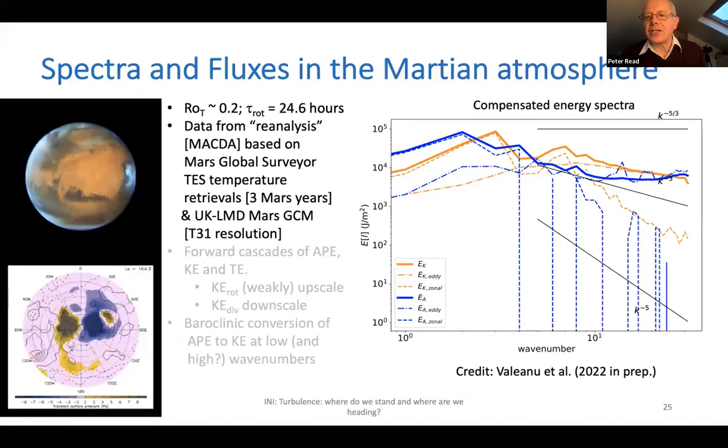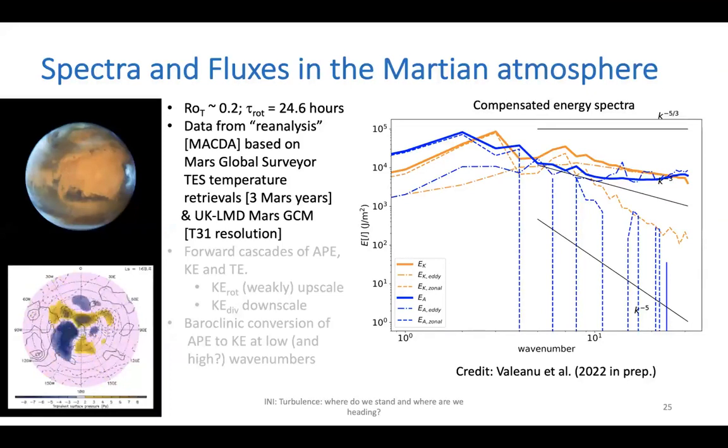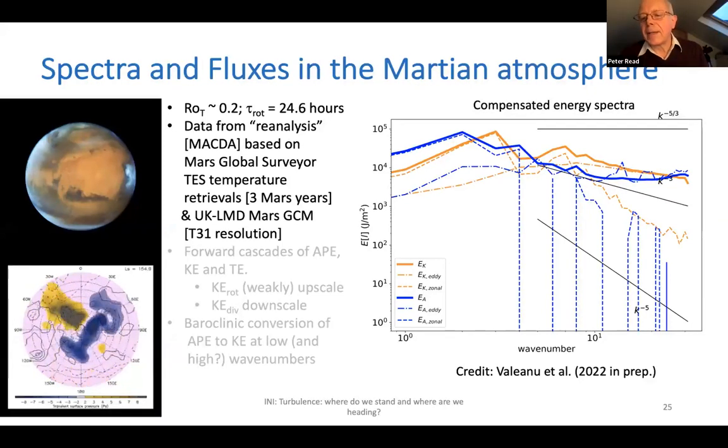These are compensated spectra, so horizontal lines essentially indicate k to the minus 5/3 spectral slopes, and we also indicate the k to the minus 5 and k to the minus 3 with these other lines, so that we can see that at higher wave numbers, at smaller scales, there is a tendency for the potential energy to follow a k to the minus 5/3, though the kinetic energy still has a slightly steeper slope, but we see that the